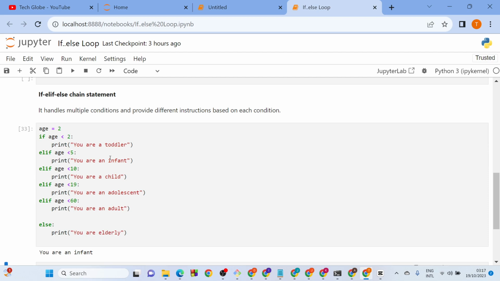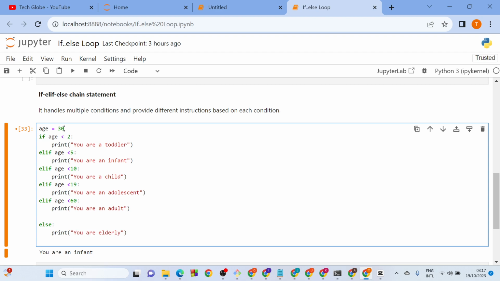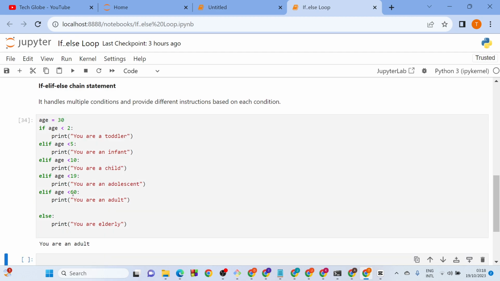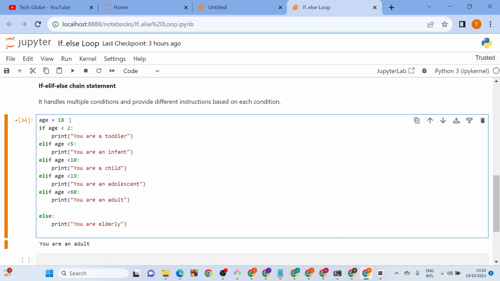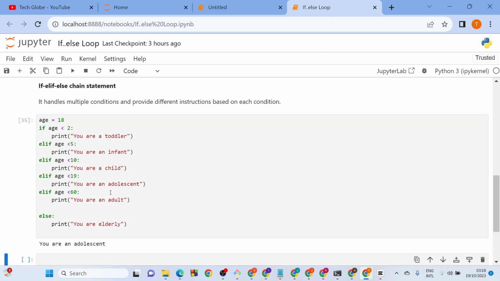All right. So let's do 30. Age equals 30. Shift enter. You are an adult because it's within here, less than 60. Let's do age equals 18. Shift enter is going to process. You are an adolescent based on all these conditions. I believe you understand that the if-elif-else statement handles multiple conditions and provides different instructions based on each condition. So this is it, guys. You can go